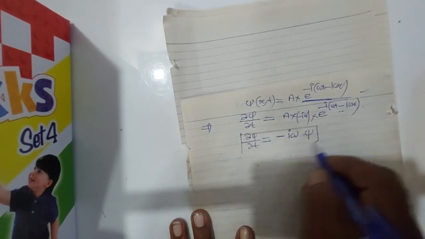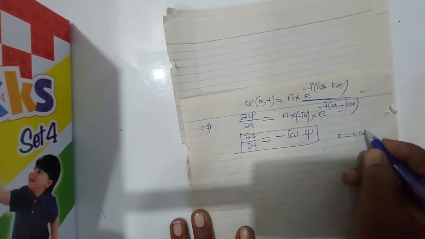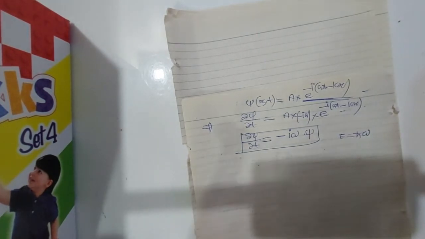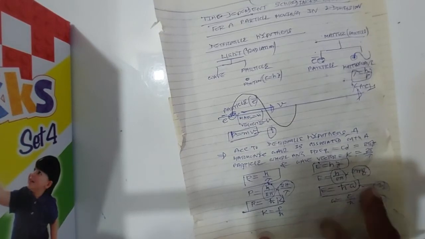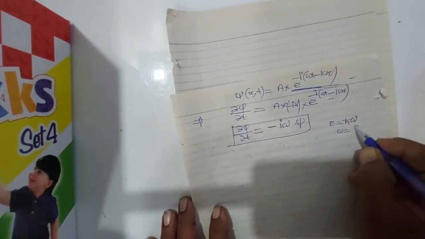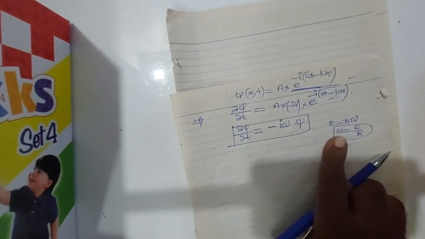Now we have the de Broglie relation, E is equal to h cross omega, right? We have two de Broglie relations. One relation was p is equal to h cross k, and the other relation is E is equal to h cross omega. So from E is equal to h cross omega, omega is equal to E upon h cross. As I told you, omega is the angular frequency of the wave associated with the particle, so it is a wave characteristic, right?